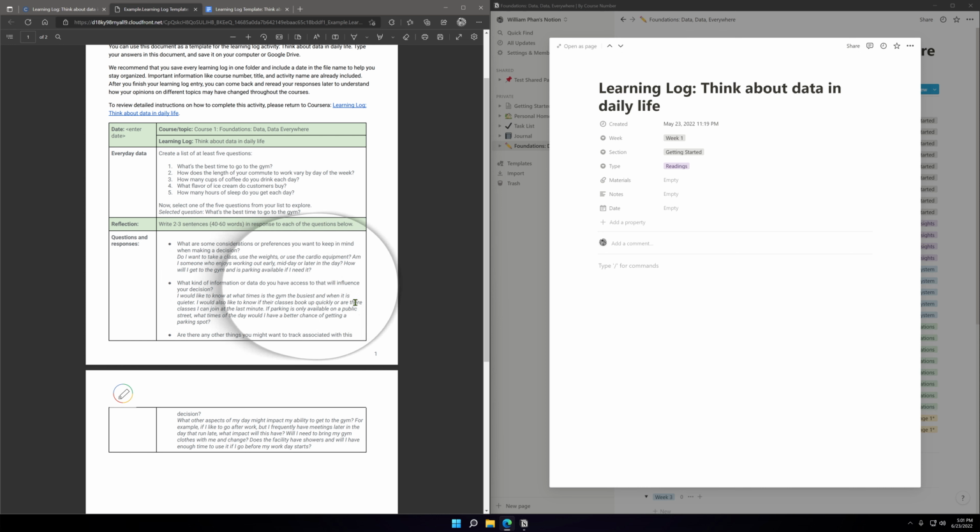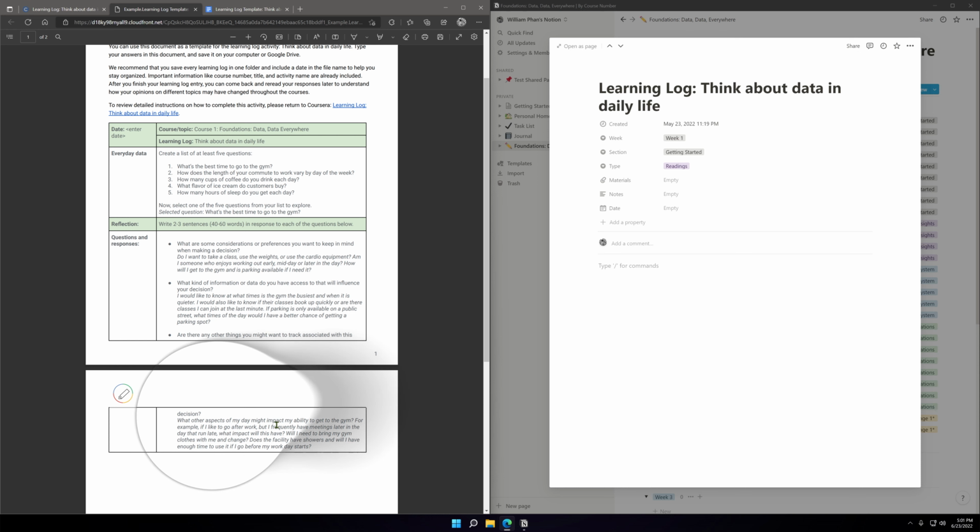If parking is only available on a public street, what times of the day would I have a better chance of getting a parking spot? Are there any other things you might want to track associated with this decision? What other aspects of the day might impact my ability to get to the gym?